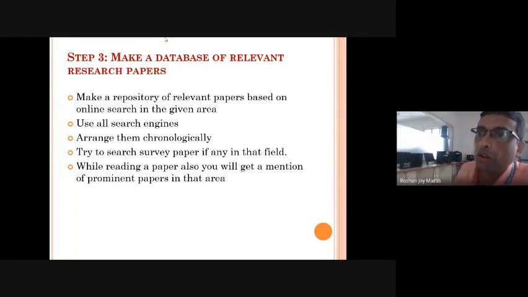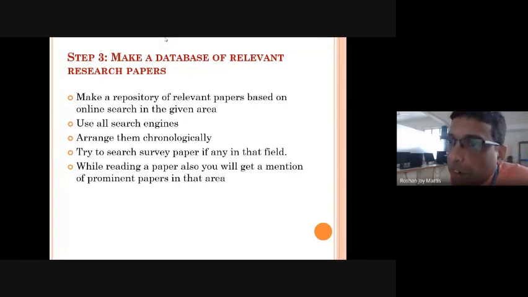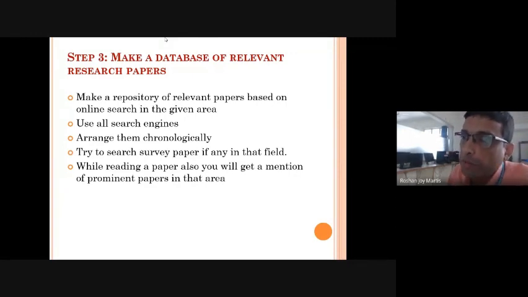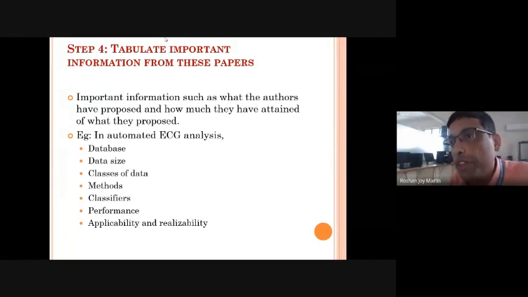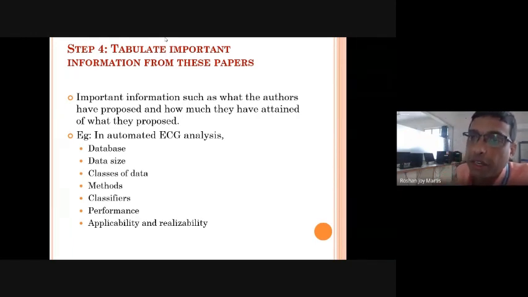Then, in reading a paper, in every paper you will find references. Suppose a good paper was published a few years back. While reading, you will find the state of the art, since the author must have explained previous works. This is what I was saying. When you survey the literature, you find a number of papers, say 40 papers. From each paper, don't read the full paper, but just read the title and abstract, and then go to the introduction, where you have the literature survey and gap analysis. Go through that, and understand what methods they have used.